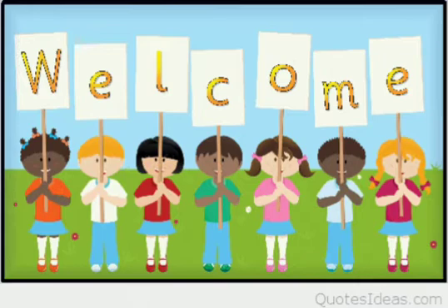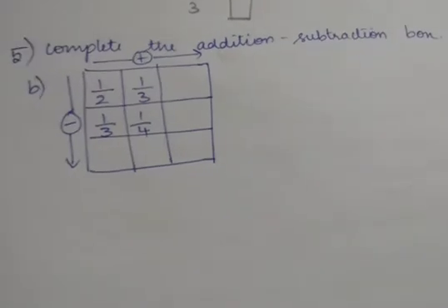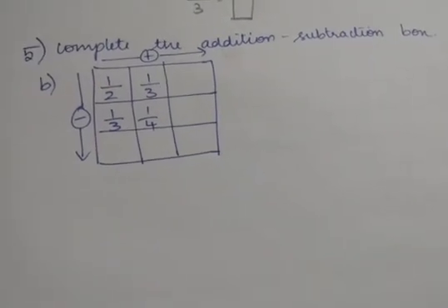Today's class, we are going to continue exercise 7.6 from the fifth problem. You can take page number 161 in your NCERT textbook. And this problem is fully based upon the addition of fractions and subtraction of fractions. So you should recall the things that we have learnt in our previous classes. Okay? I hope you all have taken page number 161, children. Fifth problem, you can write it in your textbook.